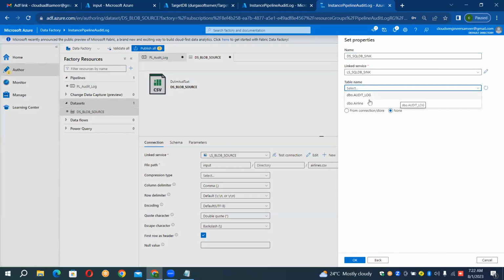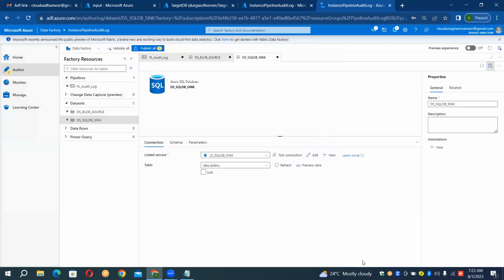No, guys. Airline. dbo.airline. Not the audit log, because I'm copying the airline. When airline is copied, the execution details will be captured into what? The audit log data table. Audit log. Yeah. So go to the next pipeline